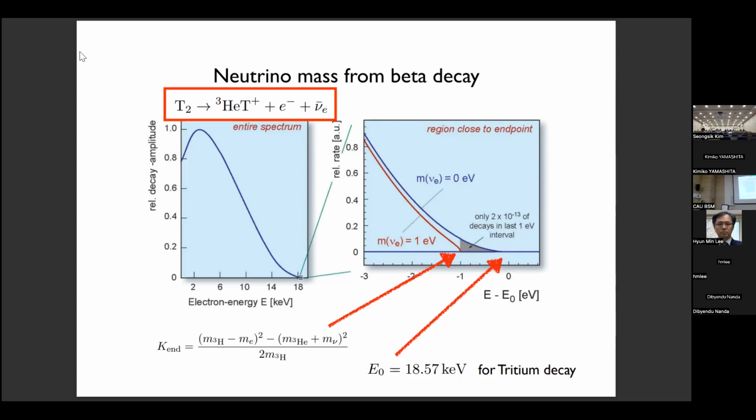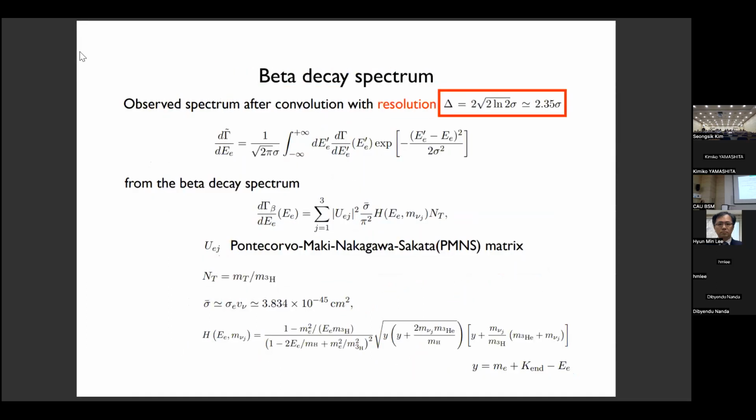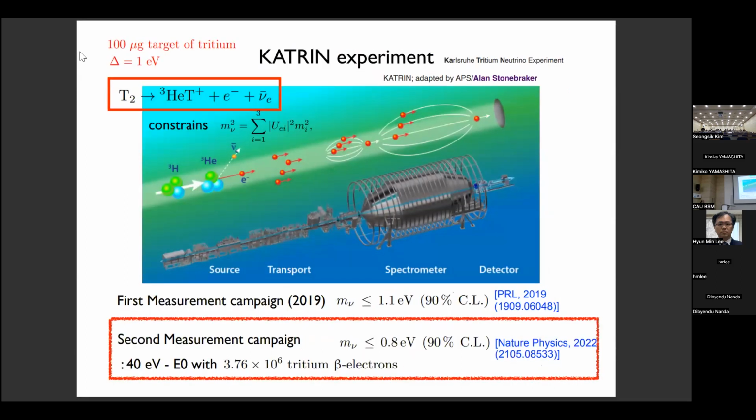But for this, the resolution of energy should be very precise, maybe smaller than the mass of the electron neutrino. In that case, we can measure it. And like this, the resolution is something like that. I will explain more. Anyway, the KATRIN experiment is one experiment for that. They produce this tritium, the tritium decays and produces an electron, and they measure the energies.